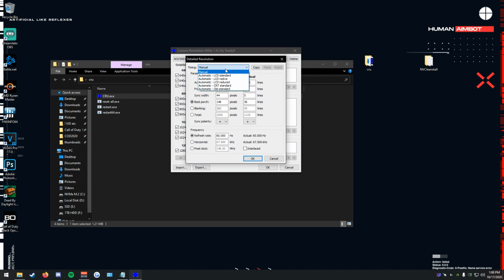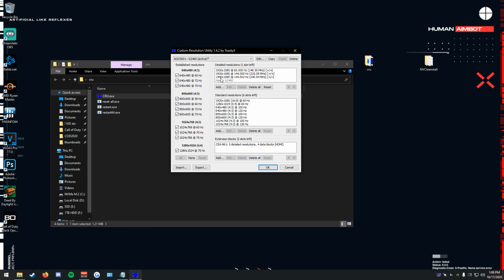So you want to click add. The best setting for this is gonna be LCD reduced. You're gonna put in your custom resolution, 4:3 or 5:4. You know the deal. So I'll do 1440. That was my old resolution. I don't do this anymore, but then you put in the refresh rate for your monitor, so mine is 144. So we press OK, and once your resolution is in the detailed resolution up here, not the standard, the detailed,